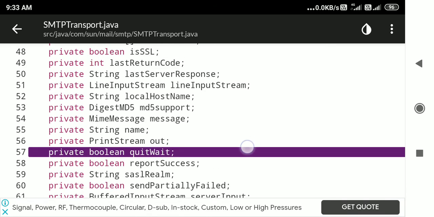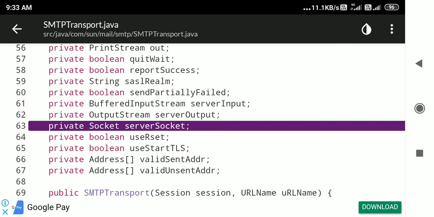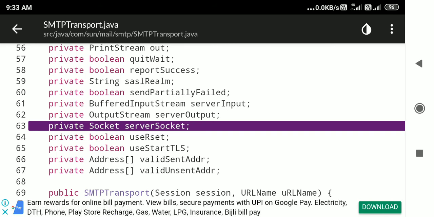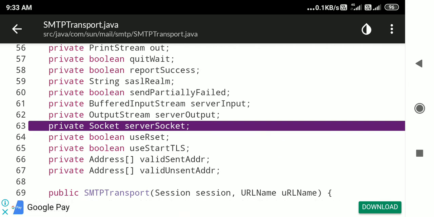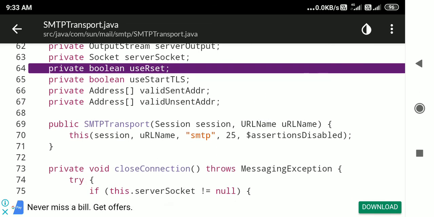If you have any kind of printing, you call the stream out, and send partial failed, which is an indicator of failure. Some of these are return parameters and some are send parameters, and some of them you can just leave alone. The set parameters you can use, like use start TLS, transport layer security. So it is going to start up with the transport service, and send address and unsend address. So this is the basic thing.